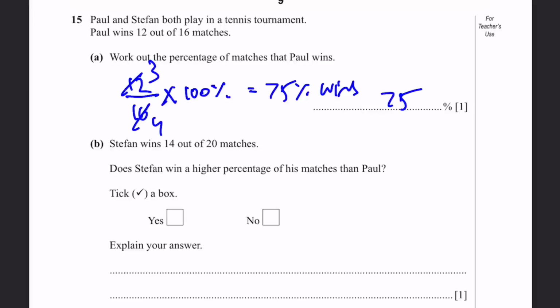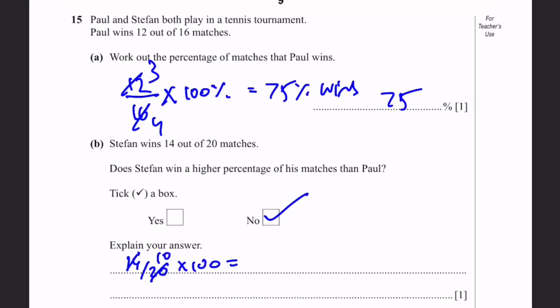Stefan wins 14 out of 20 matches. Does Stefan win a higher percentage of his matches than Paul? Tick a box. Yes or no. Explain your answer. The answer is actually no, because 14 by 20 into 100, and now we can cancel this